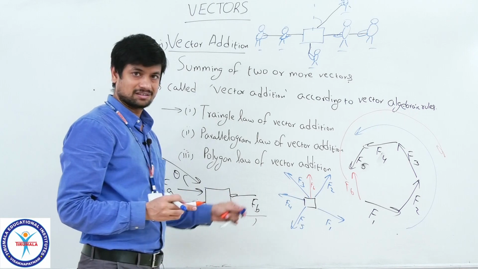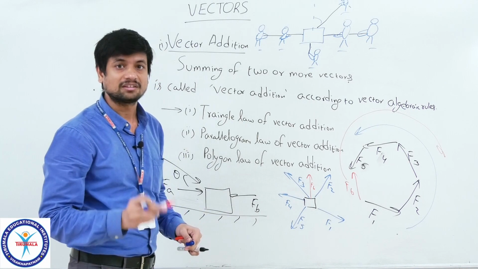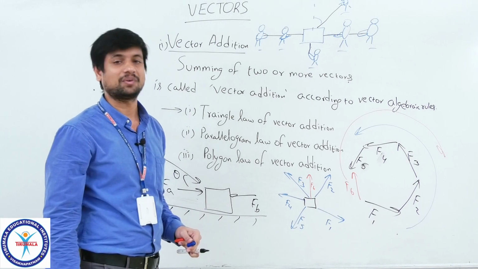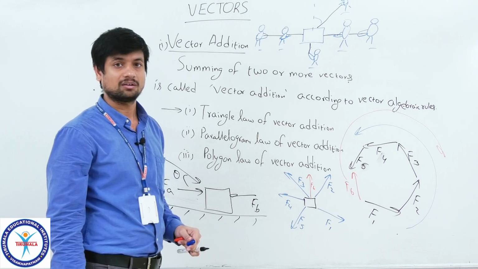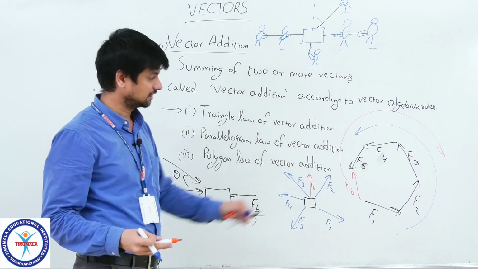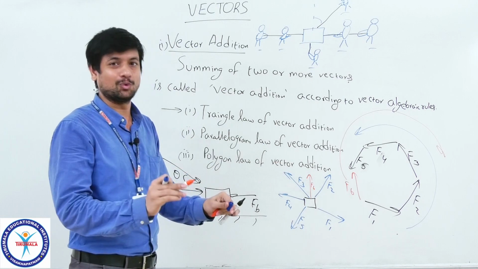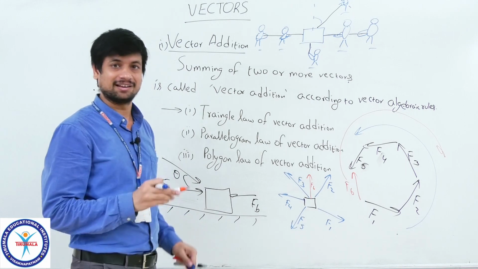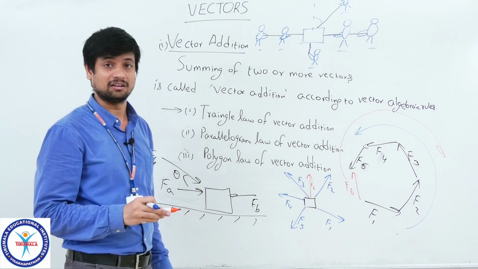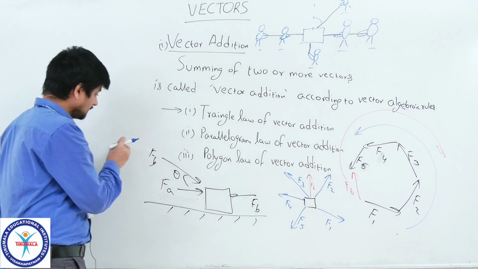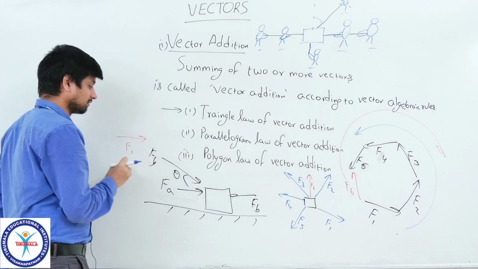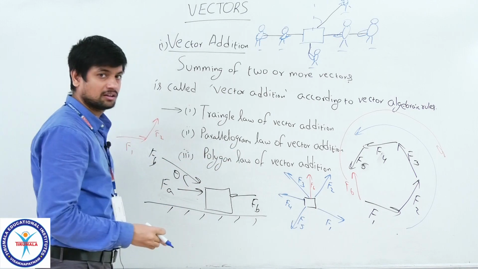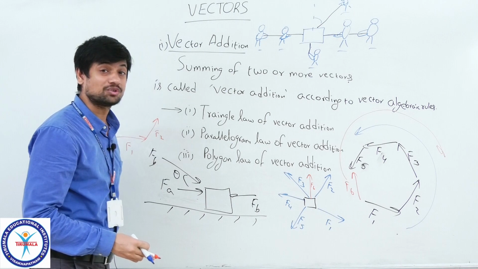When you represent vectors in any geometrical shape, the closing side gives you the resultant vector by adding two or more vectors. Here, two or more. If I take two vectors as sides of a triangle, this is one side, the F1 force, and this is one side, the F2 force. According to the polygon law, what is the answer, children? The closing side.